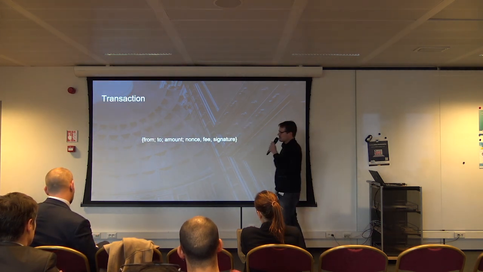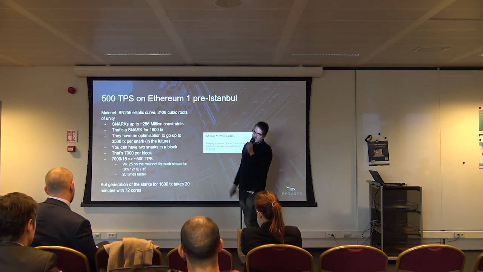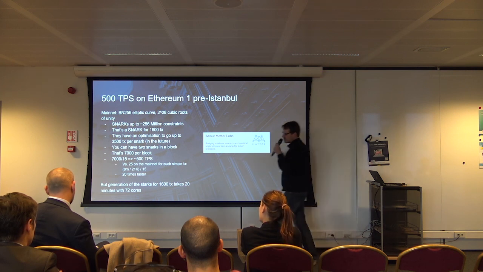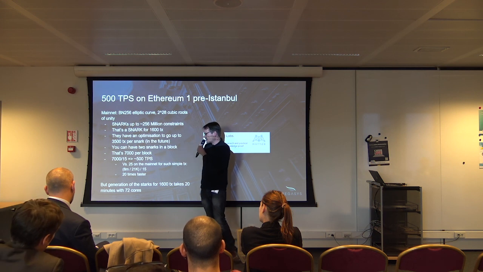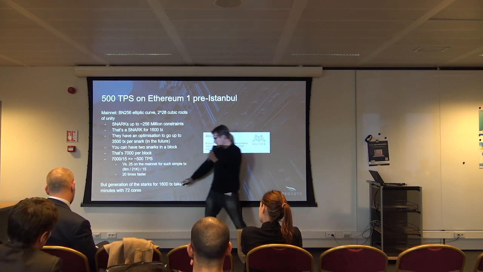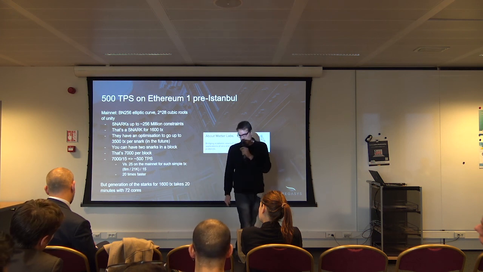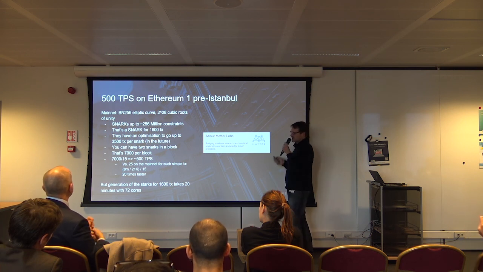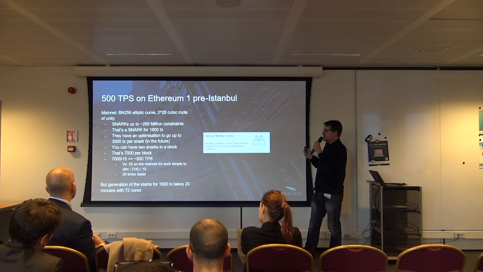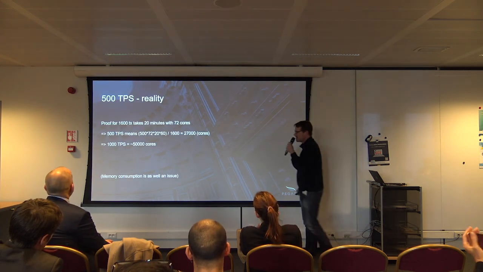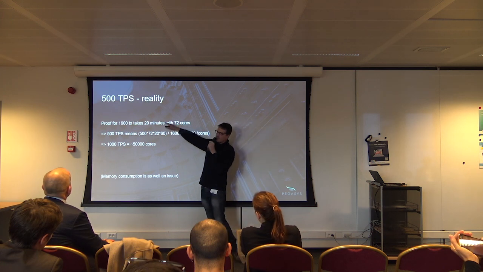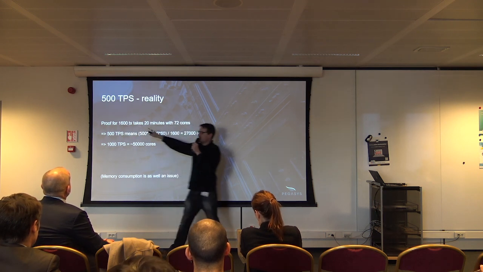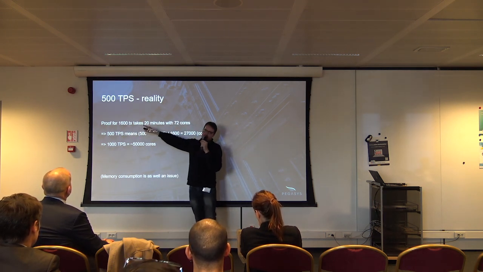So we've got a very simple transaction. And with this system, it has been implemented. And at this point, on the previous version of Ethereum, they reached 500 transactions per second. But the small detail is there. When they generate the proof, it takes 20 minutes to generate the proof for 1,600 transactions. Okay? And if you push it a little, you're telling me that I can do 500 transactions per second, but it takes 20 minutes to generate the proof for 1,600 transactions.